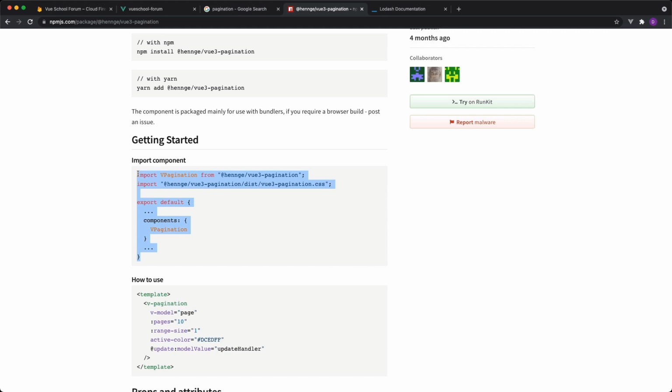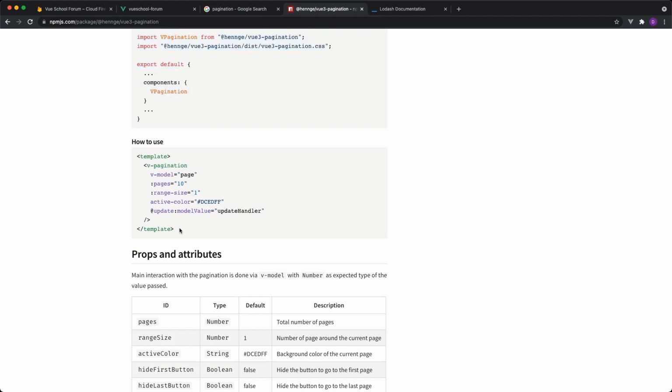Looking in the docs now, we can see an example of how we should use the component. First, it looks like it takes a page variable that determines which page should be highlighted as the active page, and that will be updated to a different page value whenever the user clicks a different page number button. It also takes a pages property that, I assume, means the total number of pages that we have. Next, it takes a range size prop. I'm not sure exactly what that one does. We can dive into it later if we need it.